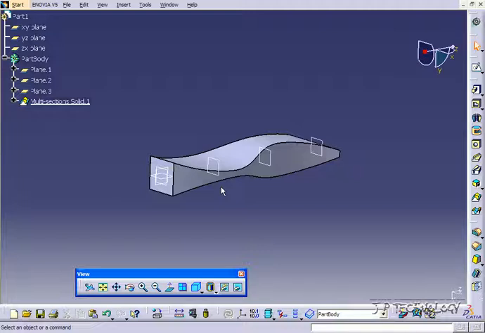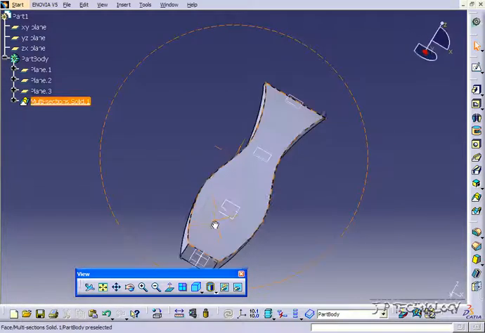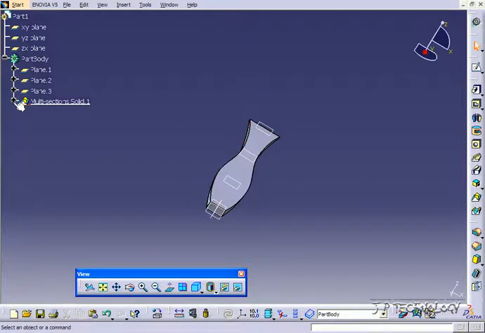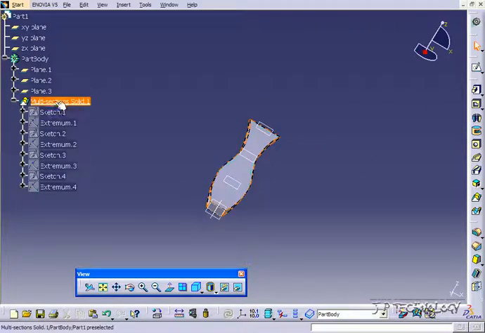Now for the advanced multi-section solids, what we're going to do is add a guide profile for all of these to follow, because right now what they're following is just a straight line and they're all merging together. What we're going to do in this one is add a bit of a curve and a bend going up and around. So to start off, we're going to right click and